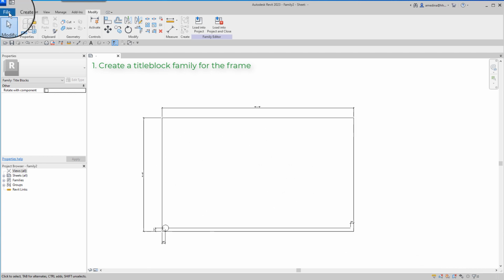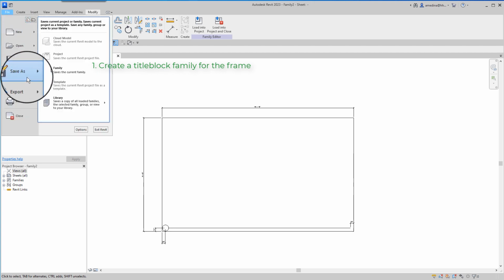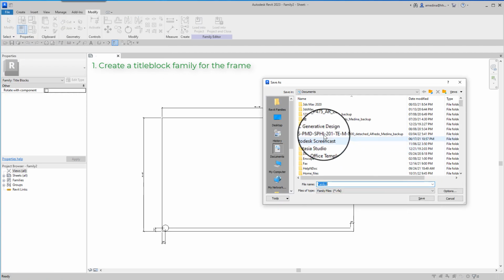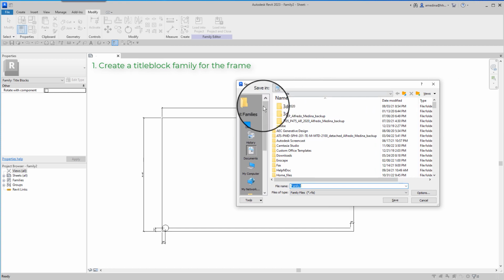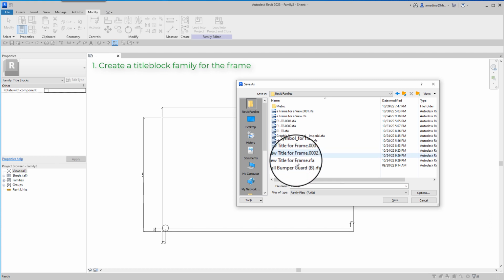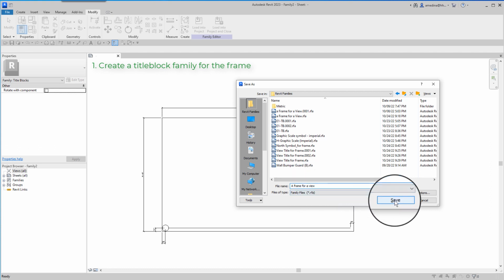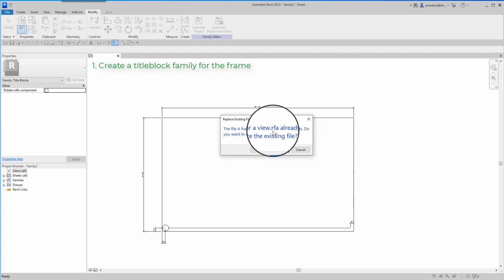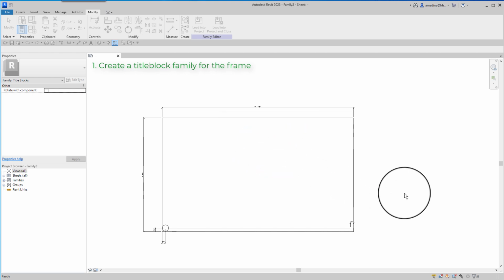Save this family like this. File, save, and I go to my Revit families, and let's call this a frame for a view. That's the name of the family. I have already a copy. Do you want to replace it? Yes, that's fine.